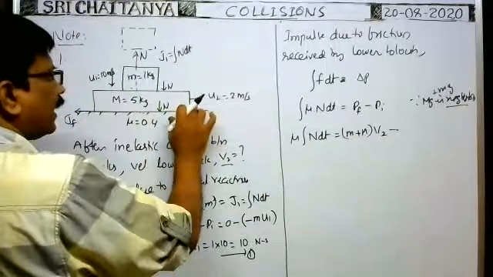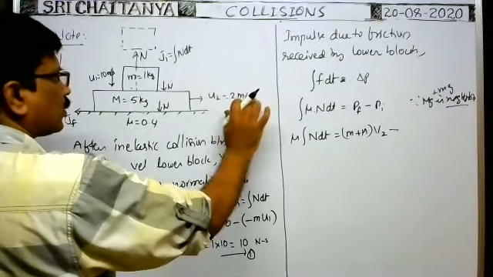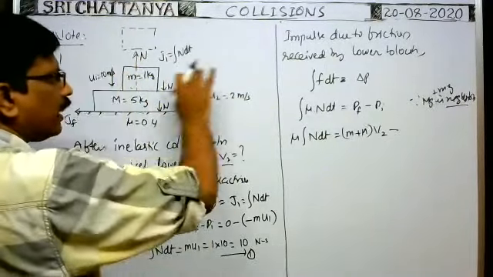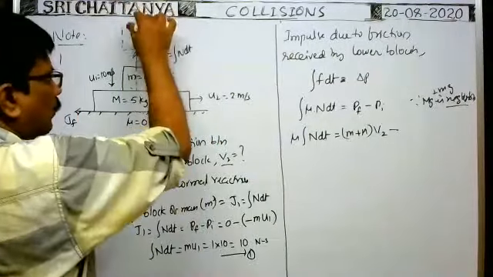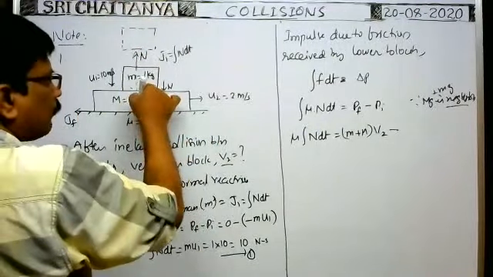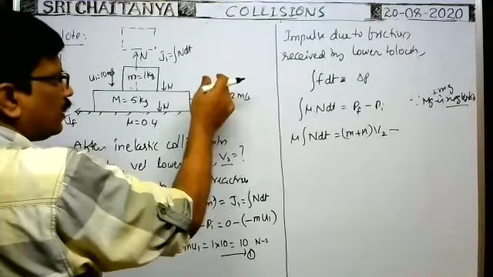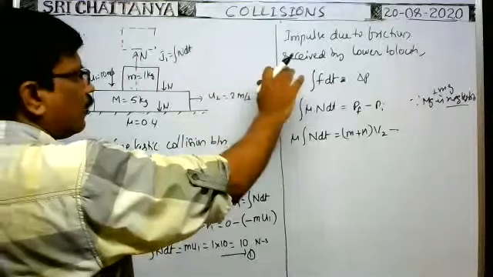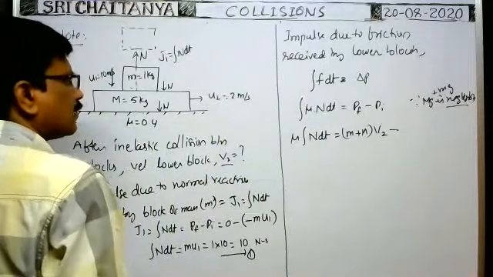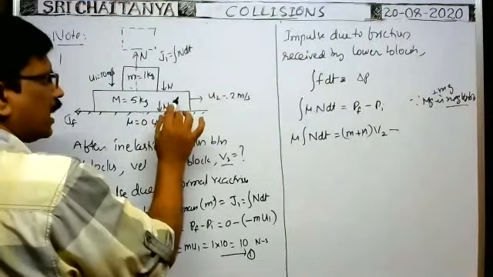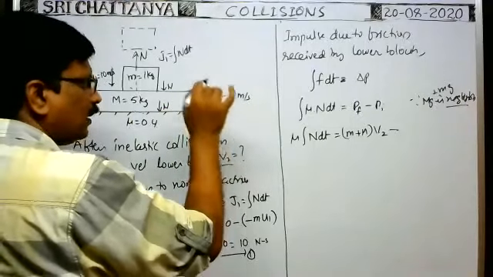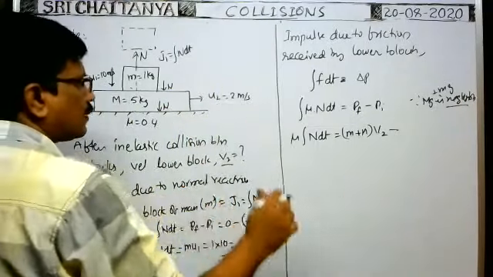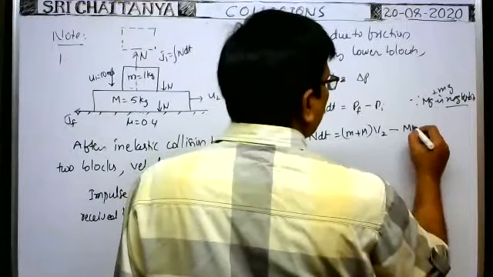Initially along this direction only this block travels in this direction. This is not having any velocity in this direction as it is dropped vertically. We see it falling vertically downwards, but there is no motion in the horizontal direction. As it is falling vertically downwards, initially it has no velocity along horizontal direction. That's why no momentum along horizontal direction. Only the lower block is having momentum along horizontal direction. That is the initial momentum along horizontal direction, capital M into U2.